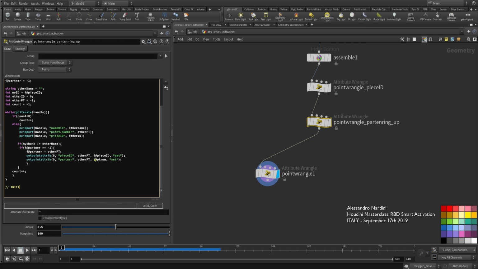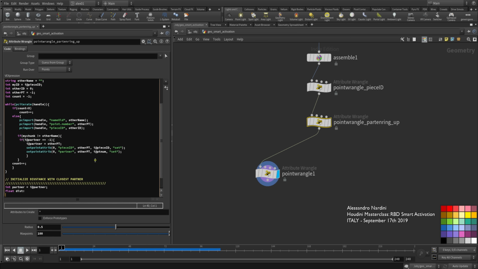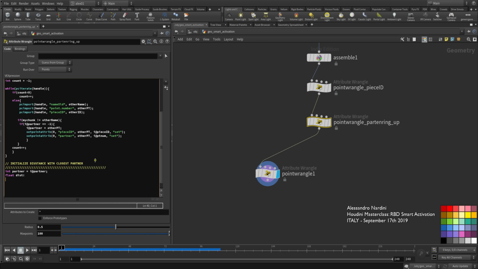And so, initialize distance with closest partner. And so, as always, as per my convention, let's store this into a variable. Okay, and then let's initialize a variable dist for distance. And then what we can do is if the partner value is higher than 0, so if you actually have a partner,